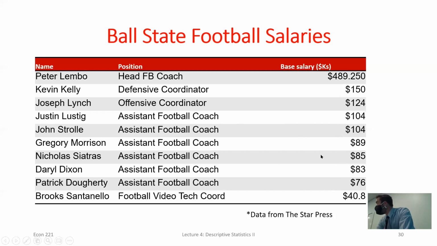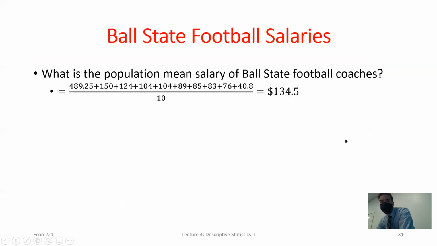Well, first step, we need to calculate the mean, right? So I go through, remember from last class, we just add up all these values and divide by the total number of observations, which I think is 10 here. So add these up, divide by 10. If we do that, we get about 134.5, right? I might not be saying the 0.5 when I mention it now. I might just say 134,000 or 134. If I put the 0.5, that's the value I'm referring to. So we've got our mean.